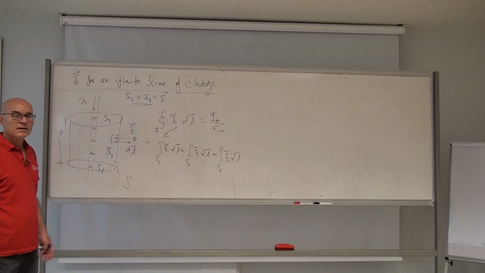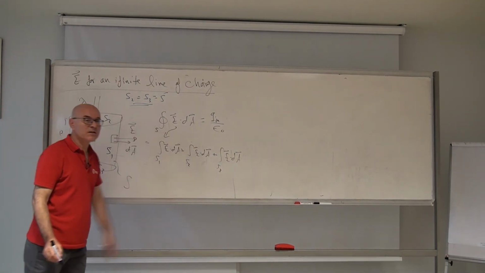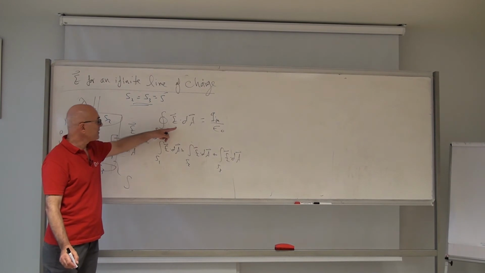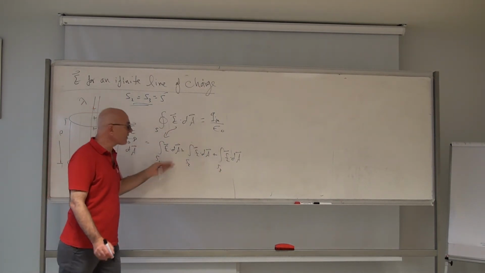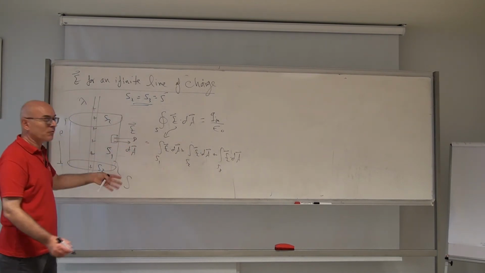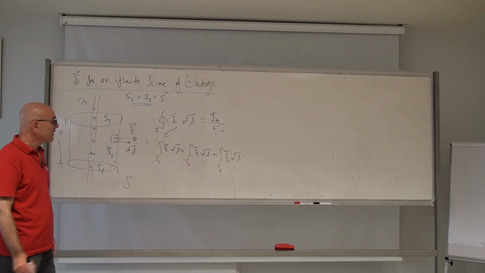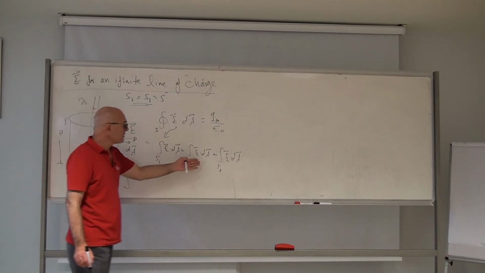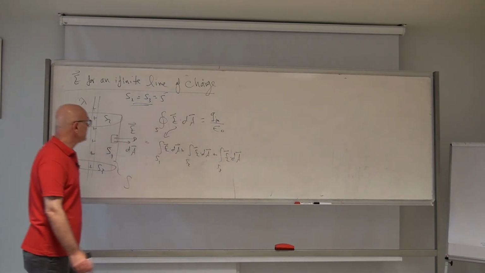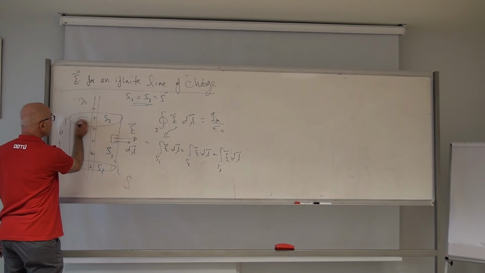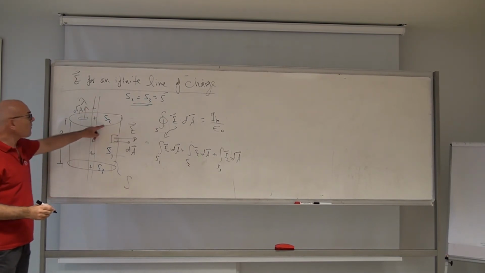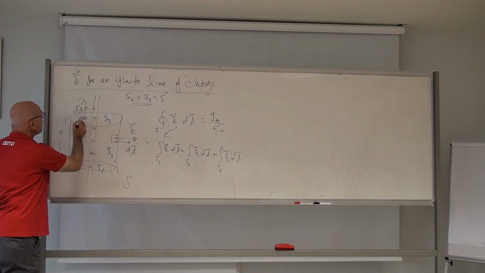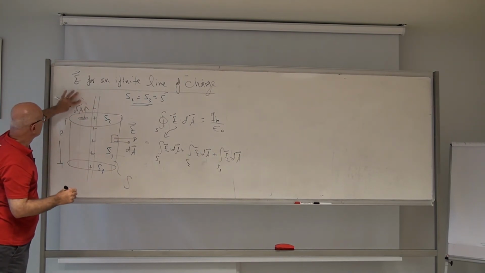So this integral over the closed surface reduces to three integrals over three open surfaces, because each of these surfaces now is an open surface. Now I look at this E and dA here. Any dA here, for example, on S2,